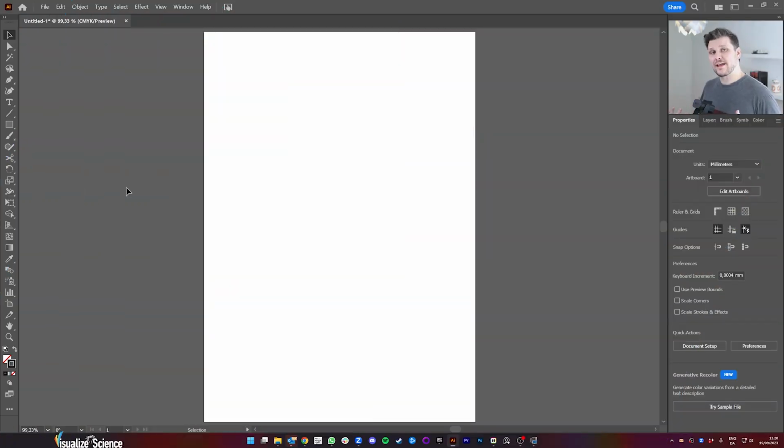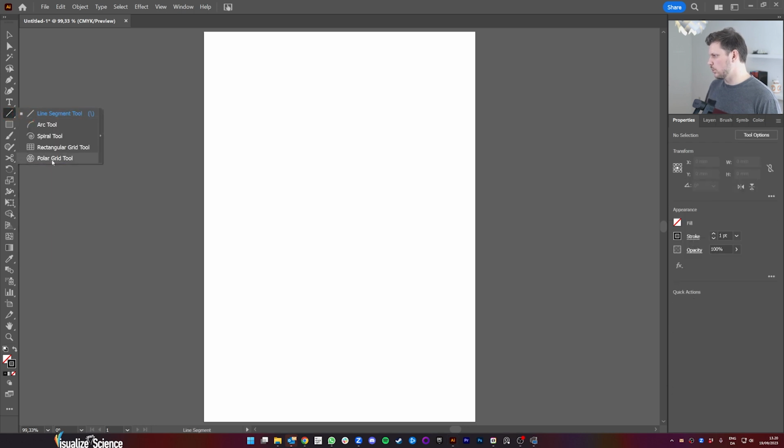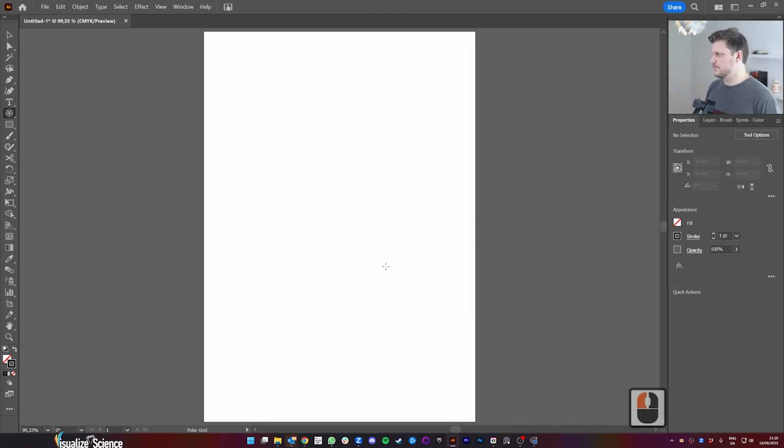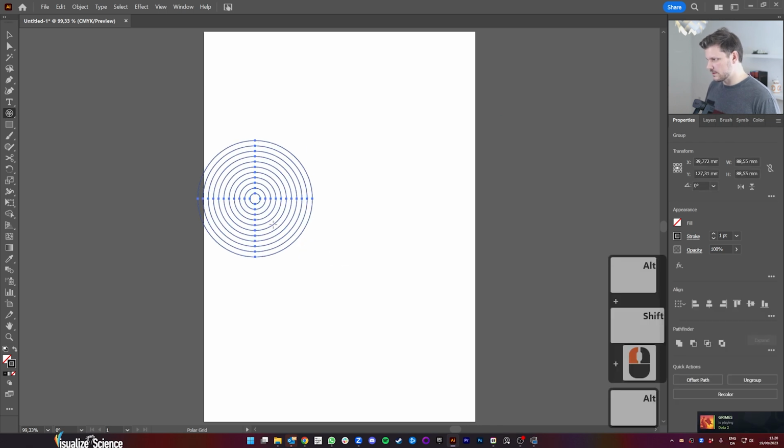So a really quick way of making an even spiral is to go and pick up your polar grid tool here. And then if we double click, we just need to pick the right number of concentric dividers and radial dividers. The radial dividers, we don't want any of those. And we want double the amount of concentric that we want turns in our spiral. So 10 will give us 5. So if we go ahead and drag this out right here,